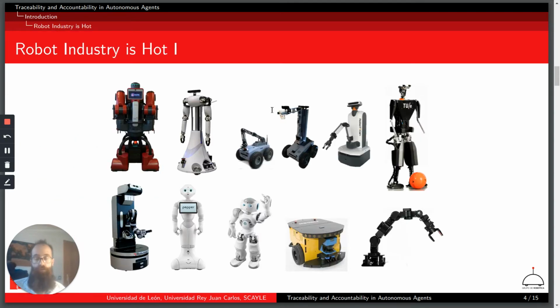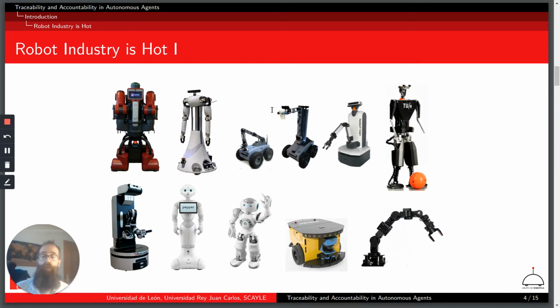Robot industry is hot. We can see a lot of robots everywhere, not only in industry. Nowadays we can find different robots like Pepper in malls, or like now in different therapies in schools or daycare centers. So the ability to understand why a particular robot behavior was triggered is a cornerstone. It's quite important when we want to trace why the robot is making that task. Why? Because usually the robots are working smoothly and there is no problem behind.